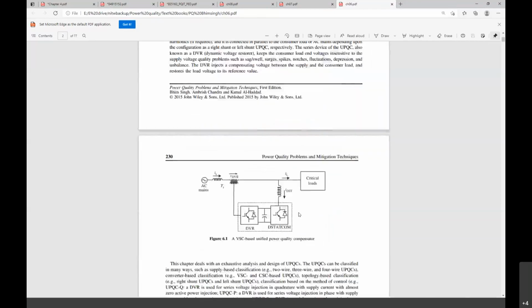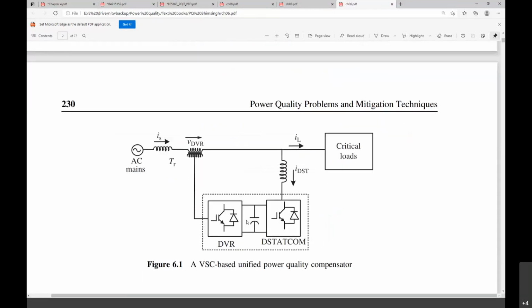This is how it will be. I've given you the single-phase diagram, but this is the way of the BSc-based unified power quality conditioner. When you're going for a unified power quality conditioner also, this capacitor, as I was mentioning, when the system is in a fault condition, in that case we should not take the charging either from the DVR or from the D-STATCOM. We need to use an external agency to charge this particular capacitor.